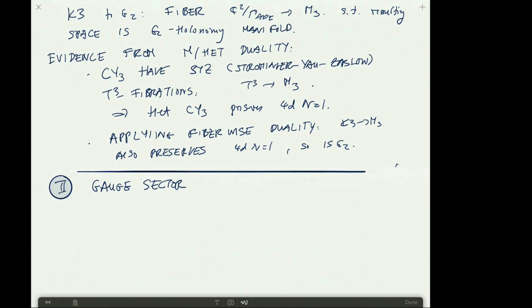Without coupling gravity, we're just looking at the gauge sector of G2 compactifications. So C2 mod gamma ADE resulted in 7D Yang-Mills,